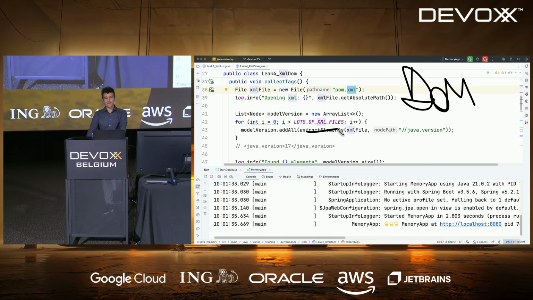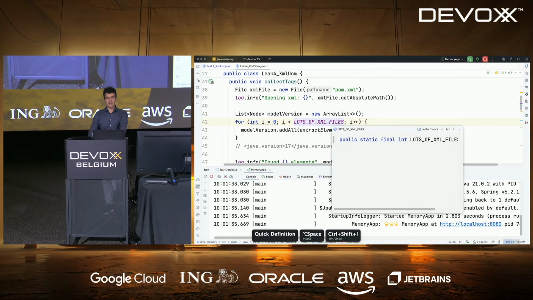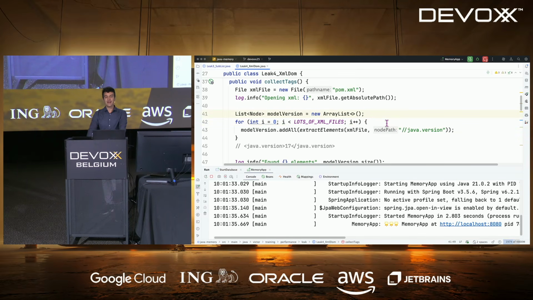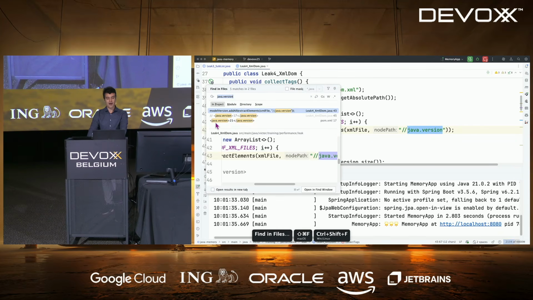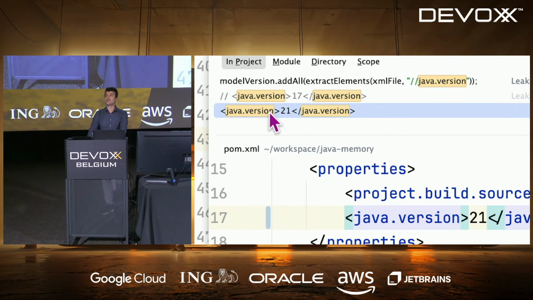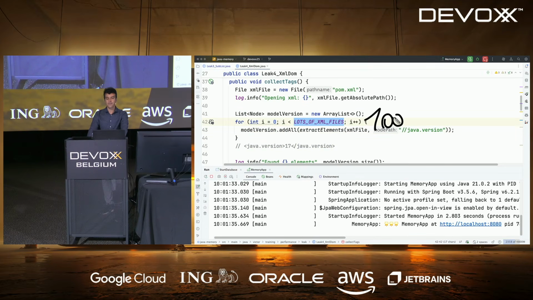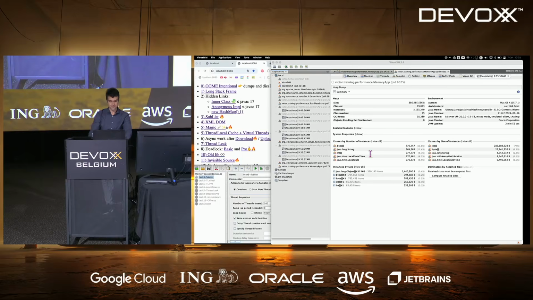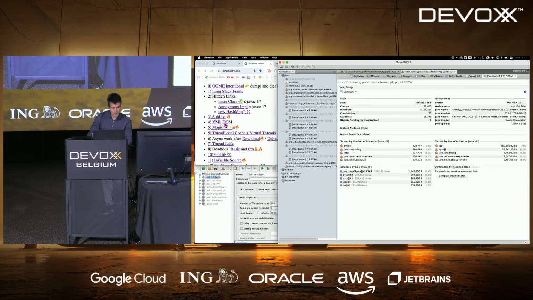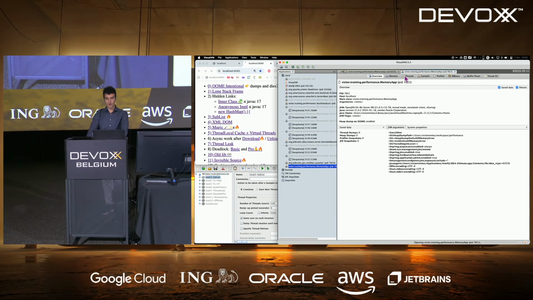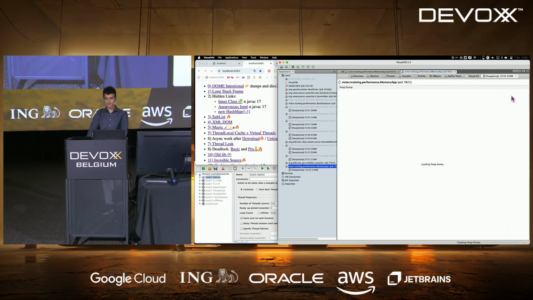And I am extracting from 1,000 XMLs all the tags that are named Java version. I am actually scanning my own POM and extracting the Java version tag out of it. I have 1,000 XMLs. Each has a single Java version. I'm revisiting the same 1,000 times. If I now try to play this game, I'm going to connect to this, do the heap dump,